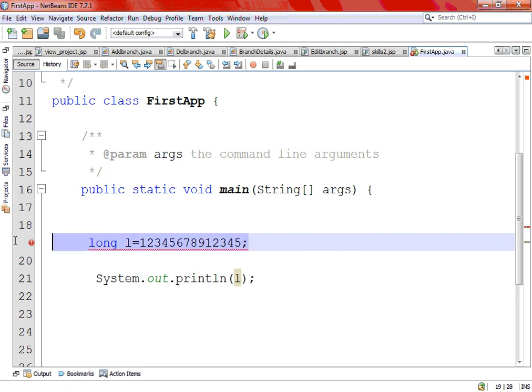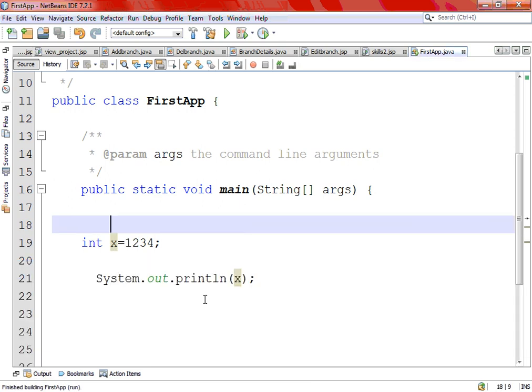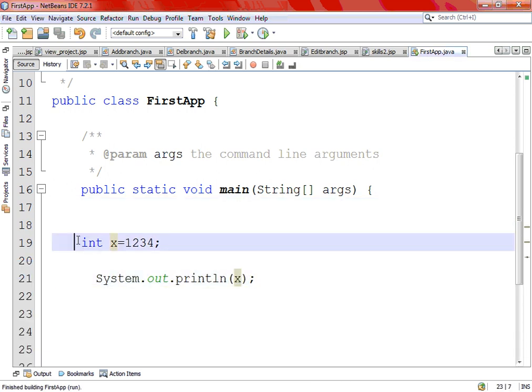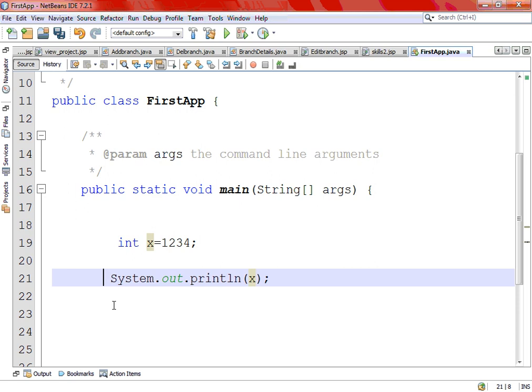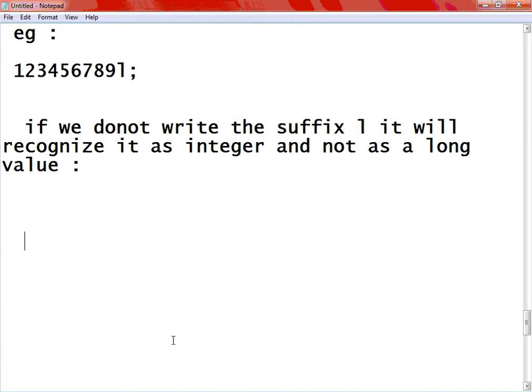Now similarly, an integer is written with int x is equal to 134, and you can print this integer x. Right? So 1, 2, 3, 4. Now fine. Alright. Now basically there is one important point,